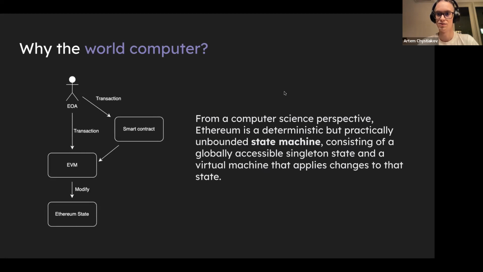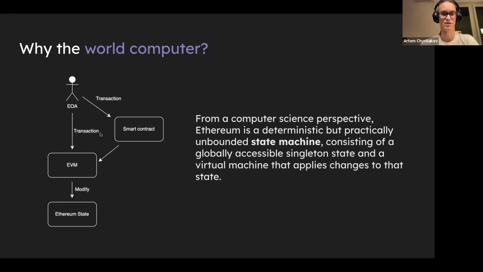I see the question, how to estimate the number of Ethereum states? So there is, I think, no such estimate of the number of Ethereum states, but I think you can, for example, count how many transactions there are, and this will be the number of states Ethereum has encountered.